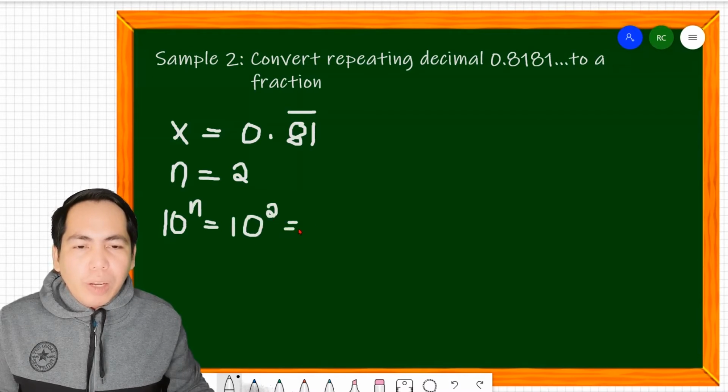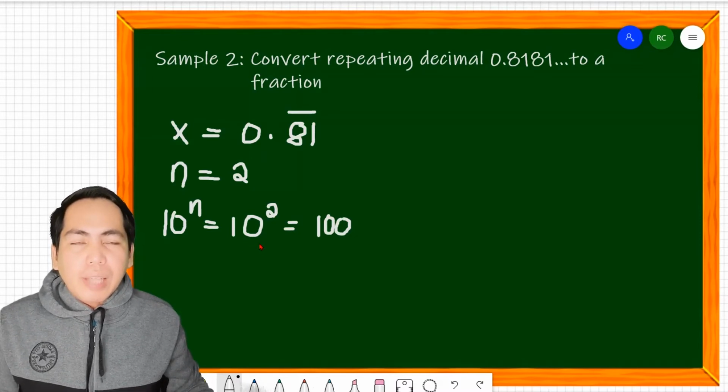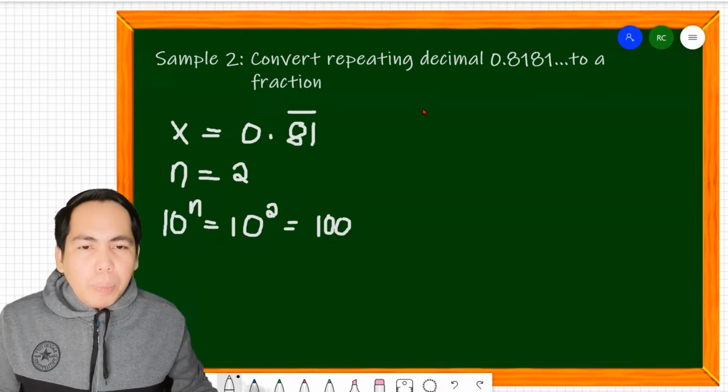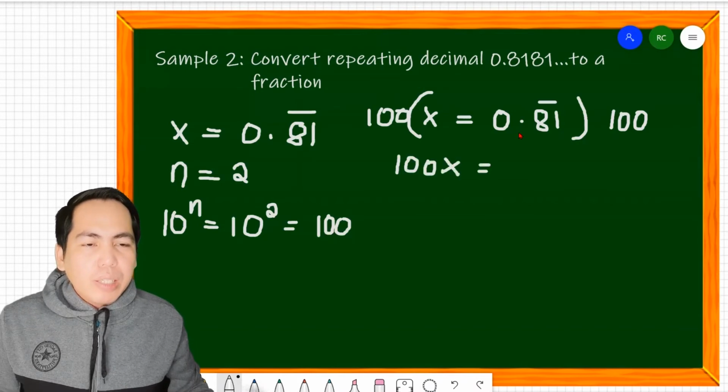So 10 raised to the power of n is equal to 10 raised to the power of 2, which is equivalent to 100, because 10 raised to the power of 2 is 10 times 10, to give us 100. So in other words, we are going to multiply both sides by 100. So 100 times x will give us 100x. And 0.8181 times 100 will give us